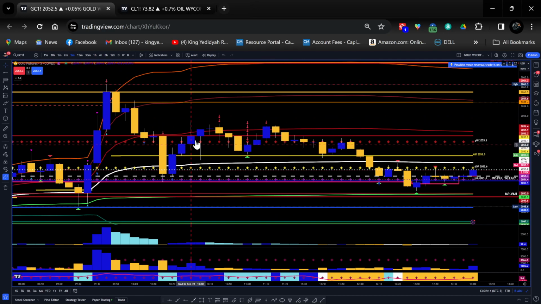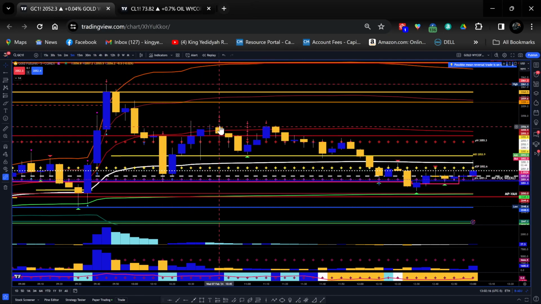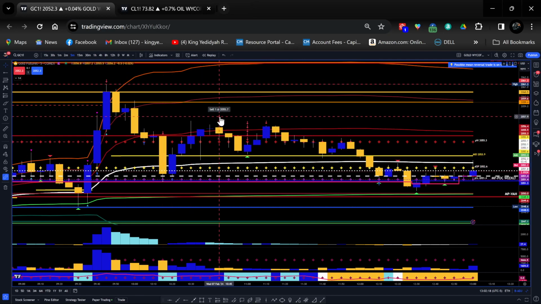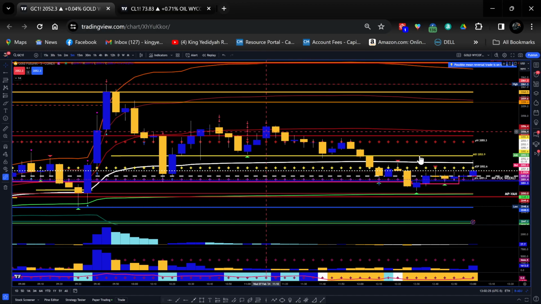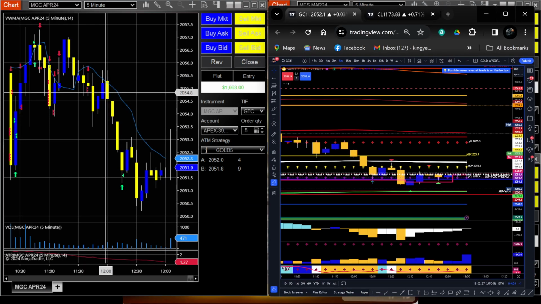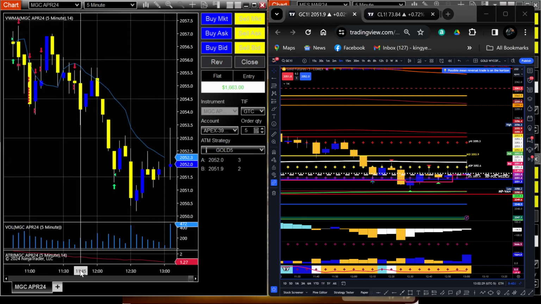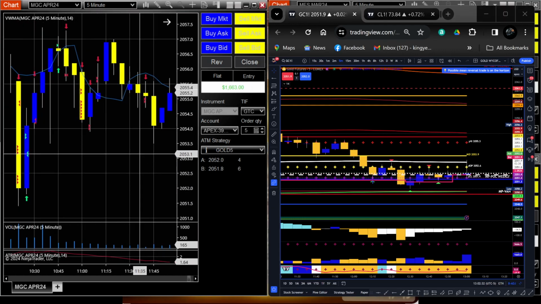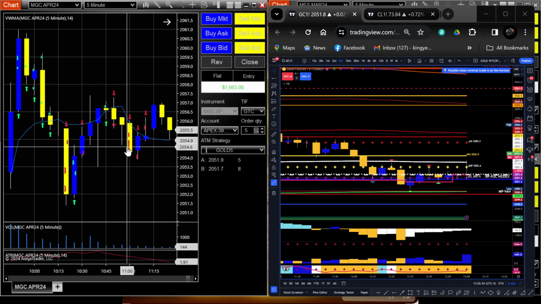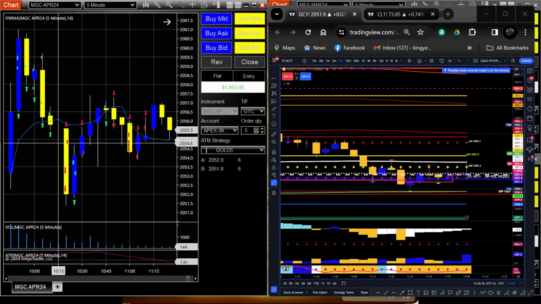Right, so caught the breakdown here, went short at approximately 2055.7 and 2055. So let me just go over to the trading platform, bring this across. Right, so approximately here on NinjaTrader, the entry is